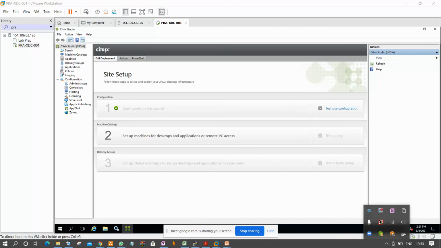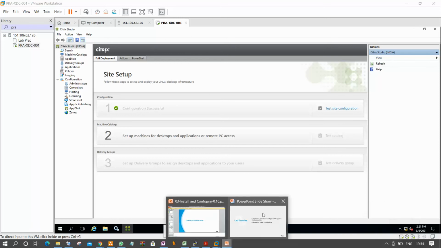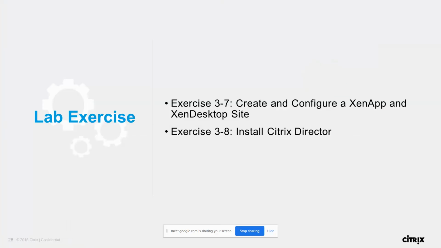So, the continuation class. Guys, creating and configuring the XenApp and desktop site is completed.